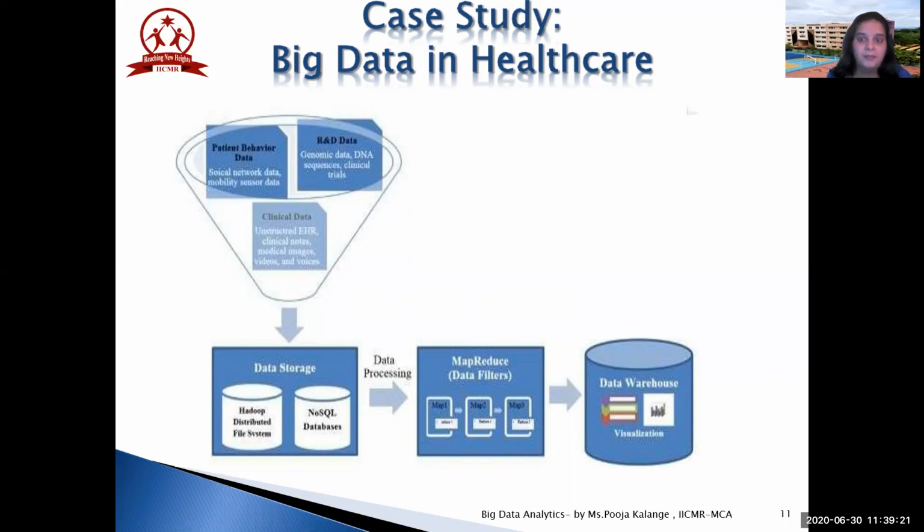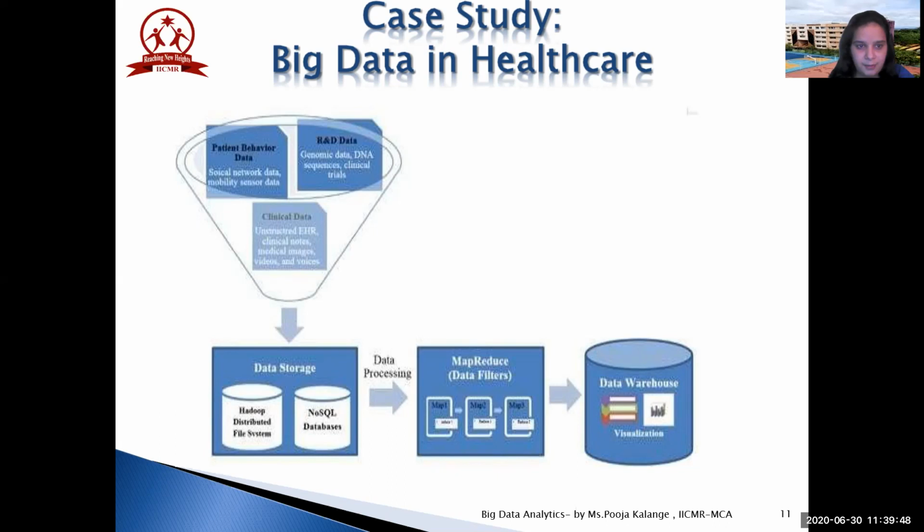So now how can we map these things with big data? There are many domains, like telecom, IT, and retail, as I told you previously. So we'll be seeing one case study that is related to healthcare. Now, how will big data help? First, it will help you to identify some patterns, and based on those patterns, it will help you make some associations, and these associations will in turn give you some analysis.